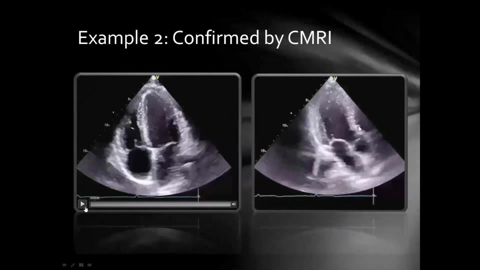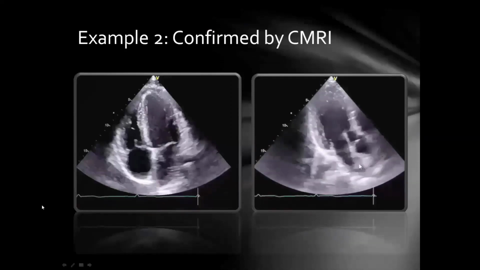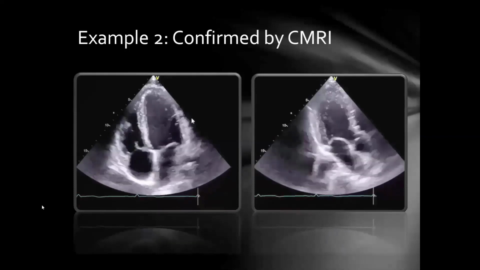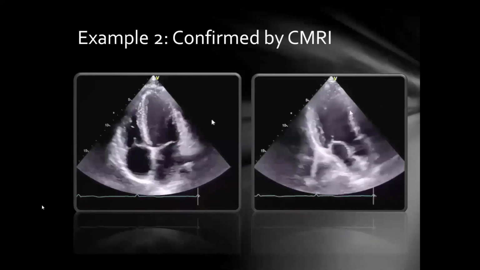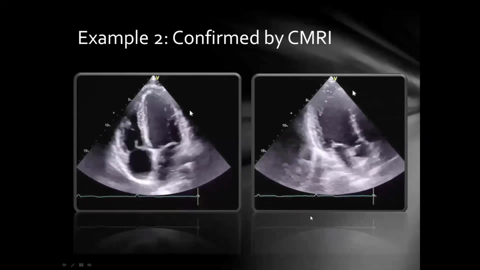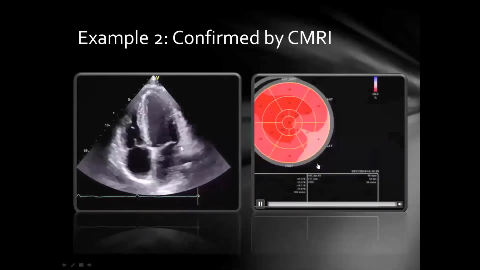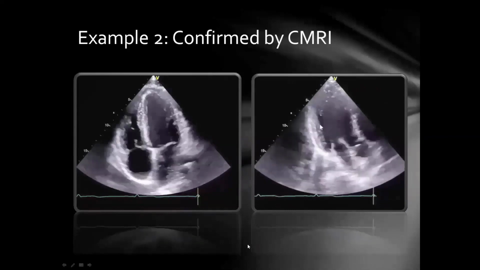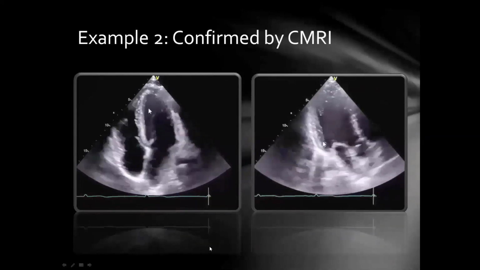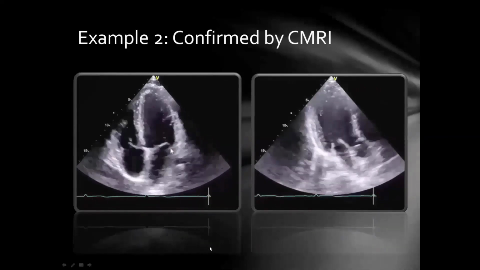Another example here. This is just a 4-chamber and a long axis view. Again, the pericardium looks, I think, a little bit thick. And again, if you look at the long axis view, you see a pretty big artifact coming right through here, that comet tail artifact. So I would say this one looks a little bit hypokinetic,